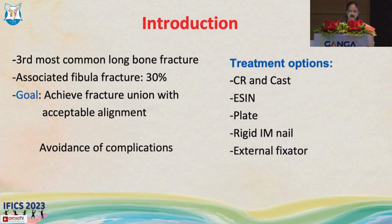So tibia shaft fractures are the third most common long bone fractures, and almost 30% are associated with fibula fracture. The goal here is to achieve fracture union with acceptable alignment and avoid complications. So we have an option: either we can treat them conservatively with closed reduction and cast, or we have various